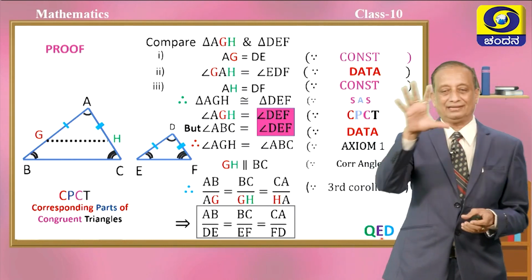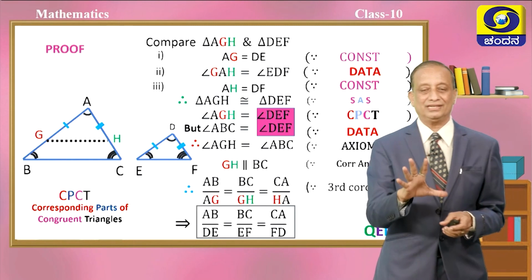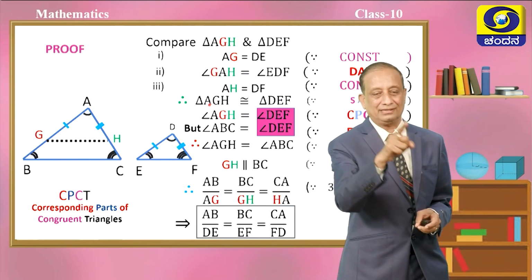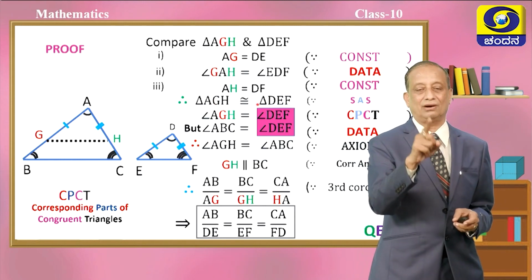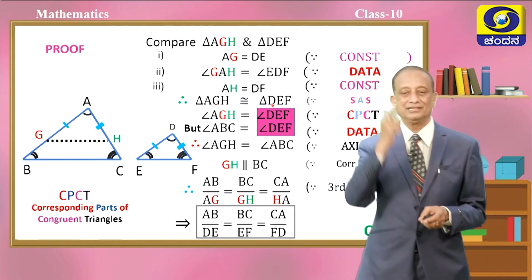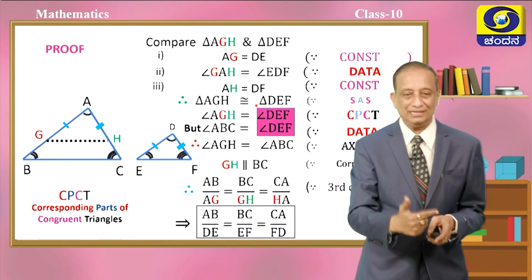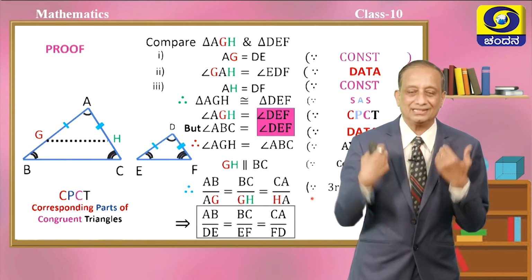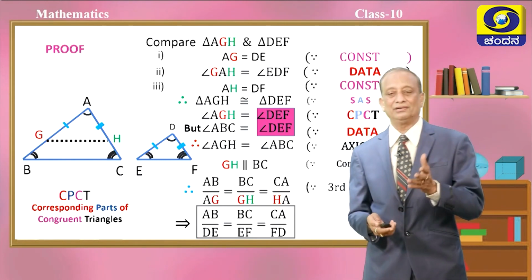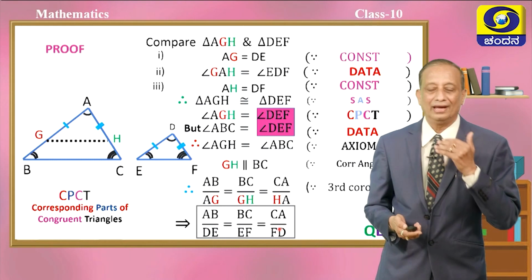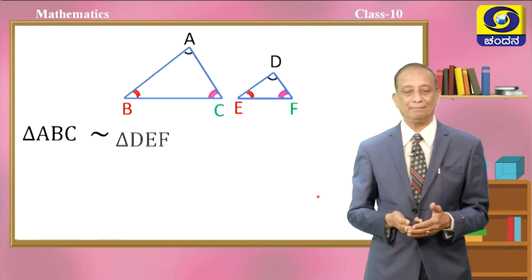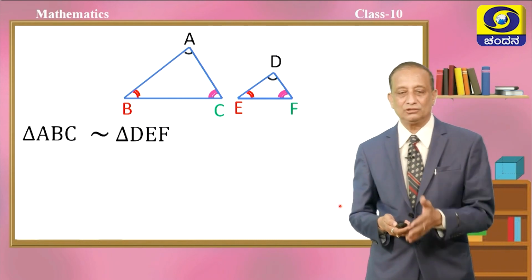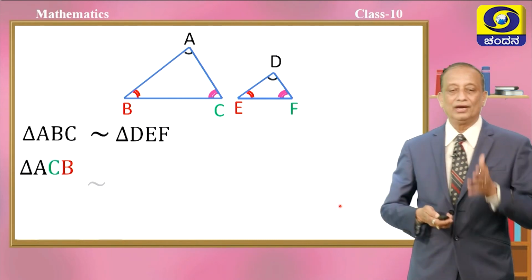Look at the entire theorem proof, children. The first stage is to establish that the intercepted triangle AGH is congruent to triangle DEF, by which you can say that GH is parallel to BC. When it is parallel, we can apply the third corollary and replace the denominator to get what we wanted to prove. Hence, it is proved, children. If you are writing the triangles which are congruent, please follow an order, children.